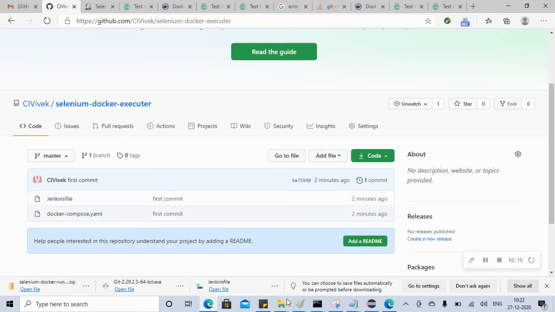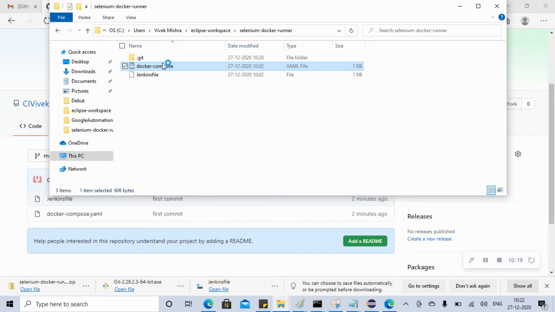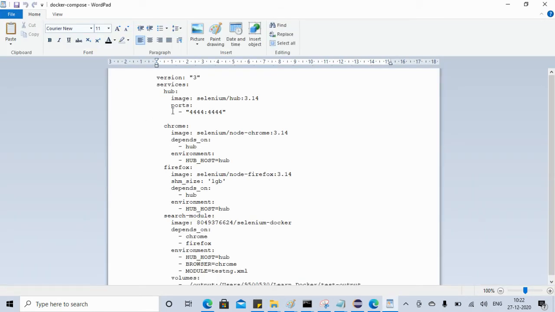Okay, friends. We have to make a couple of changes in our Docker Compose file. If you see our Docker Compose file, we have this port mapping. Actually, we can remove it because we are running it in the grid in Jenkins, right? Jenkins will have one, two, three grids, and sometimes what will happen? Suppose it is executing one test case in one grid, and then it tries to execute one more test case in another grid, and it has the same port mapping. We don't need this port mapping when we are executing in Jenkins.